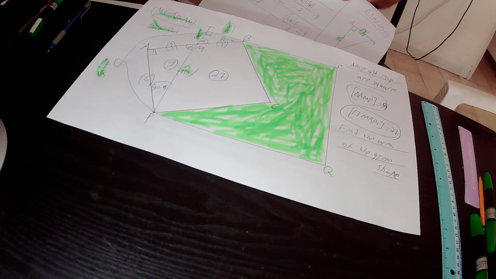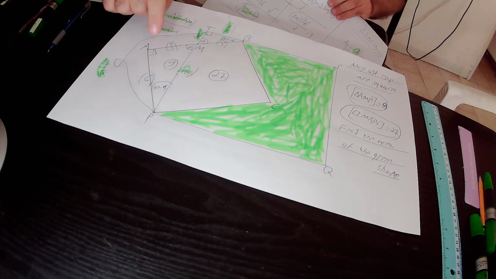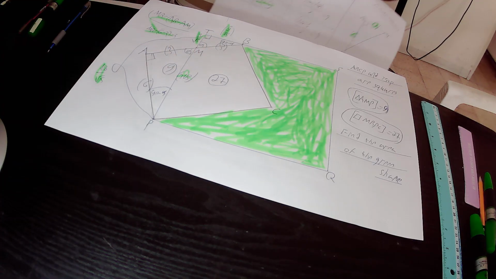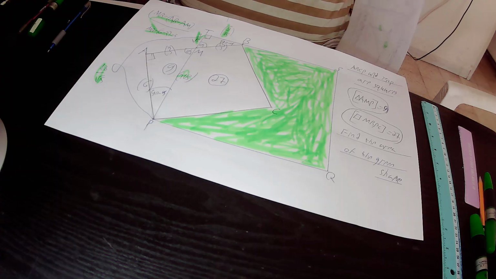We know that all the angles inside the square are right angles. So in the small square BCP, this angle is a right angle. And therefore triangle AMP is a right triangle. So in the right triangle AMP,